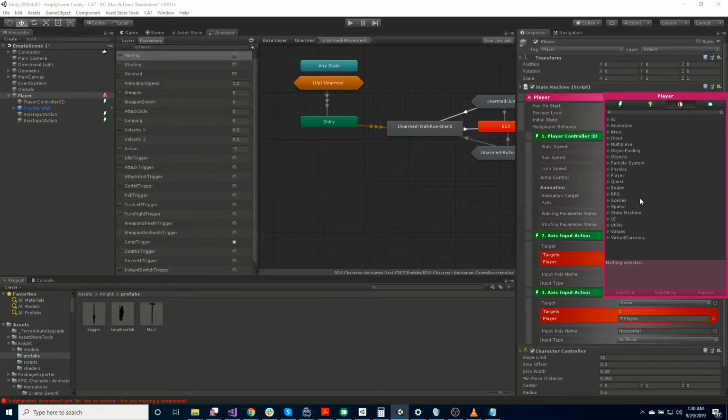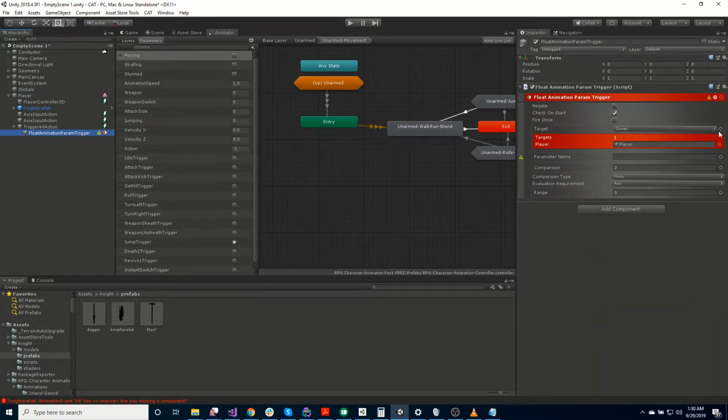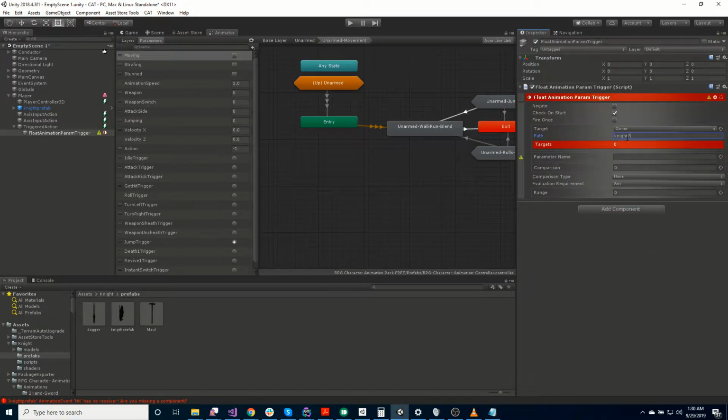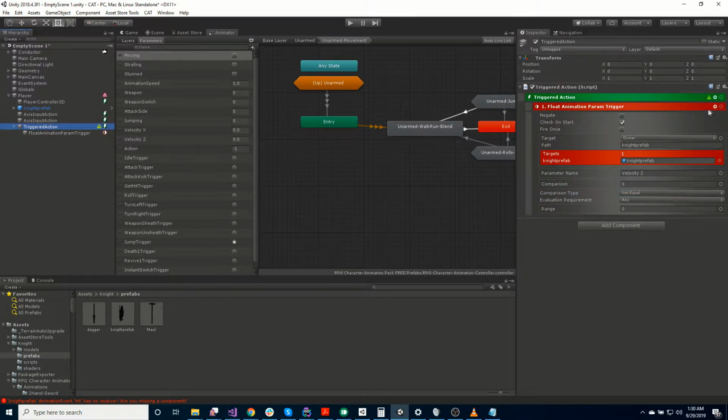So we're going to do float animation parameter trigger, and we're going to point that at, once again, we're going to add a path here, and we're going to do knight prefab, parameter name, velocity Z, comparison, so we're going to compare it to 0, but we want to say whenever it's not equal to 0, we want this trigger to fire. So basically, whenever velocity Z is set to anything other than 0, our trigger here is going to fire,